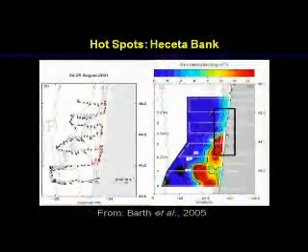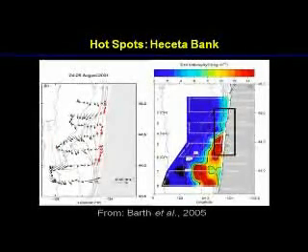So this is a map of Heceta Bank from a paper by Jack and others in 2005. What it emphasises is that the bathymetry over the bank here causes the coastal jet in the summertime to separate from the coast, and under certain conditions the surface circulation can actually come back onto the coast. So I showed in the previous couple of slides that this is also a region of potentially elevated productivity.